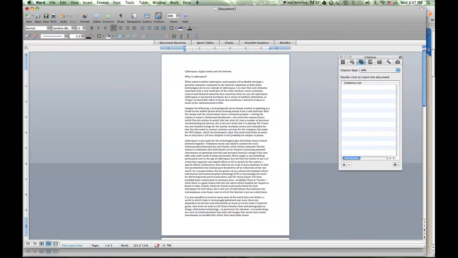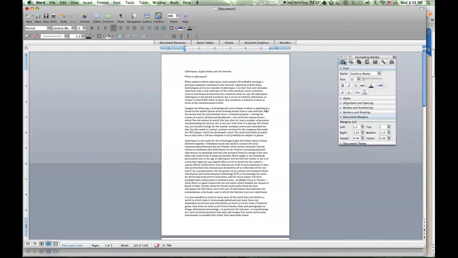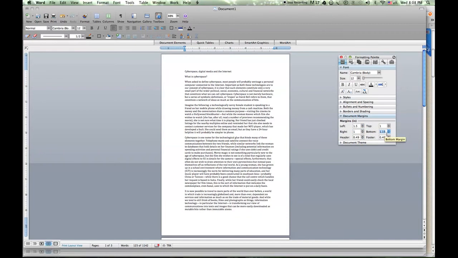Depending on your Word version, whether it's Word 2007 or 2010 on Windows, you will need to find out where you'll get the document margins. You'll probably get it somewhere here in your Windows version of Word. The margins that we require are: left is 1.5, top 1, right 1, and bottom 1.15. Look at the way the document has changed. These are the settings that you require in a Word document.